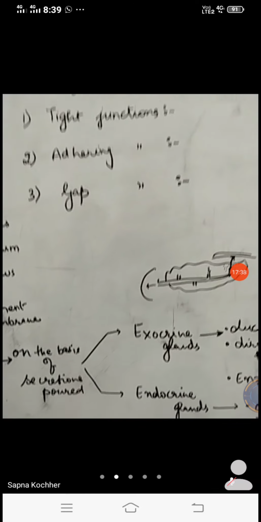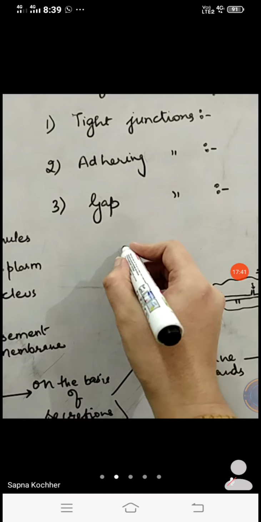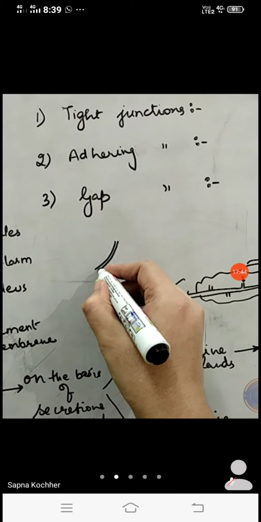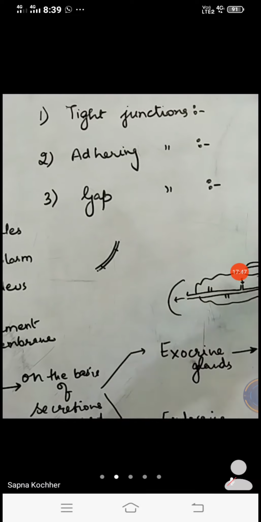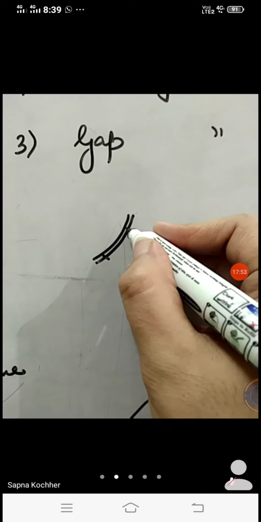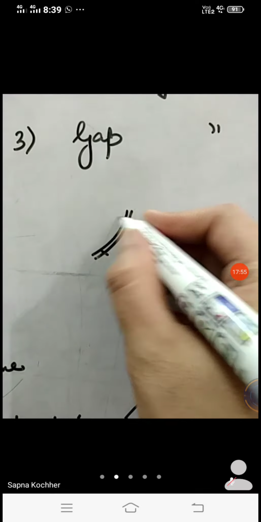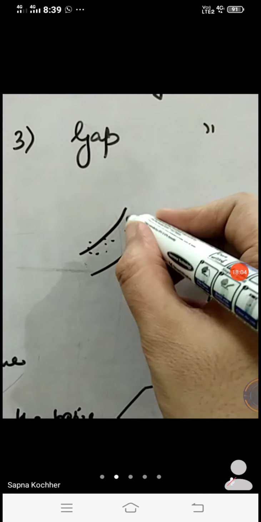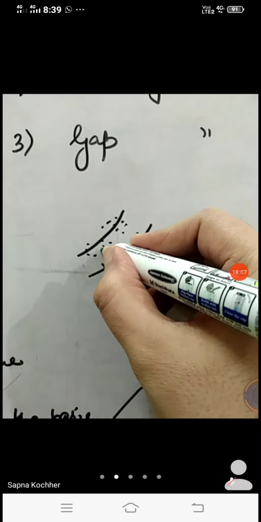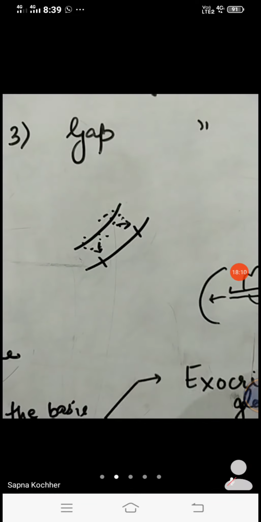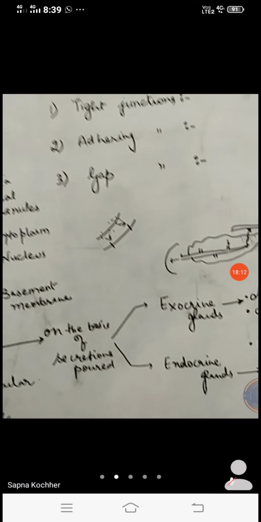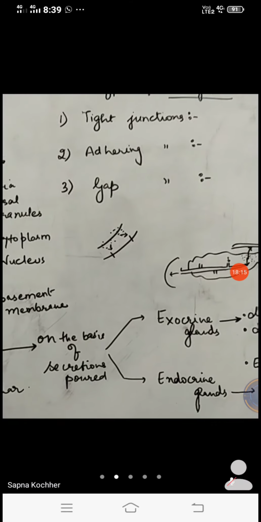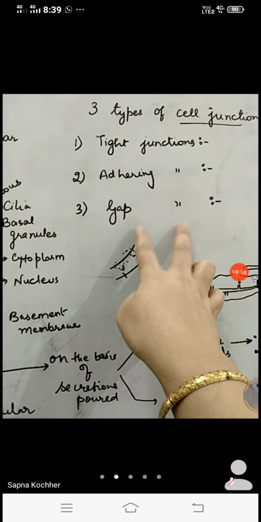Sometimes, because of the complete joining of two layers of cells, let's say there is one layer and then another layer which is completely joined, the receptors are blocked. There are certain receptors on the inner membrane, let's say, and these get blocked. If they are blocked, there will be no passing of materials through them. So a particular gap is maintained in such two membranes, so that the material is diffused out easily from the first membrane and taken up by the second membrane very easily. Such a gap is maintained in between for the easy diffusion of materials, so accordingly they are called gap junctions.